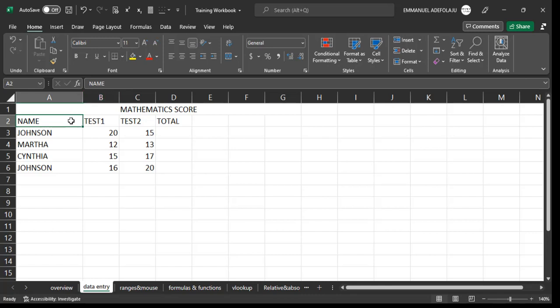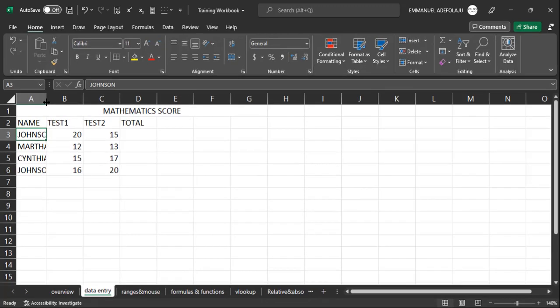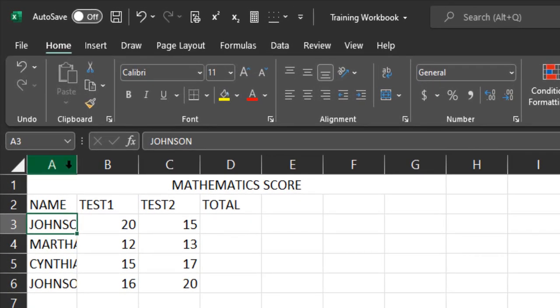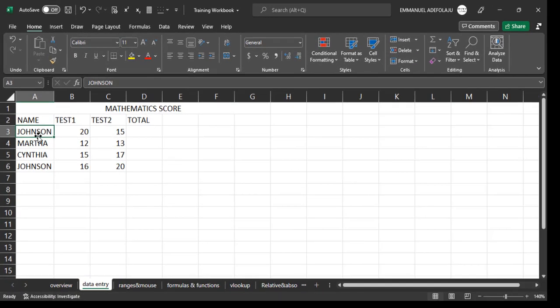Now, this cell here is not the normal cell size. Let's assume after entering your name, the length of the name is more than the size of the cell. Now what you can do is to move your mouse to the line between column A and column B. You have this line, and once your cursor turns to this arrow, you can double click. So when you double click, the cell is going to expand to accommodate the length of the name that you have typed. So another example is if I type